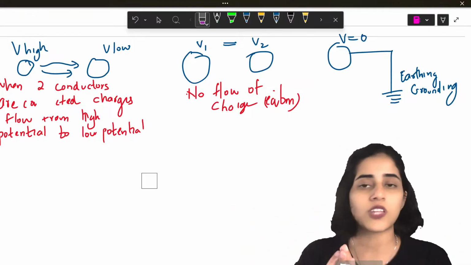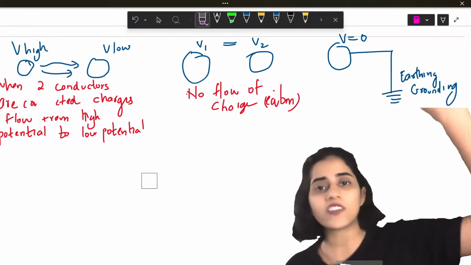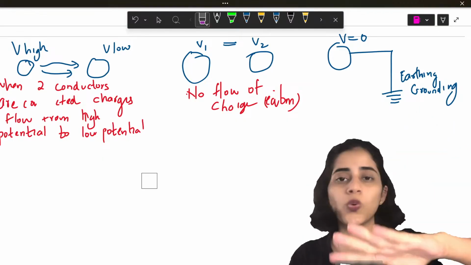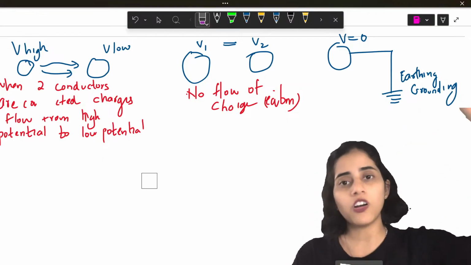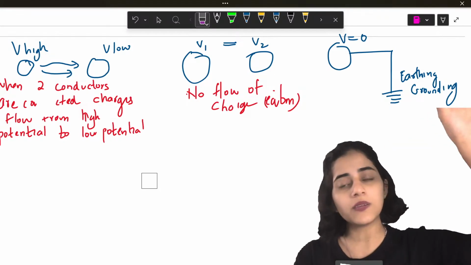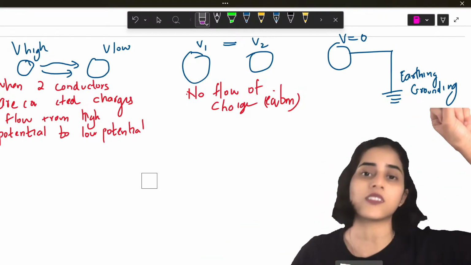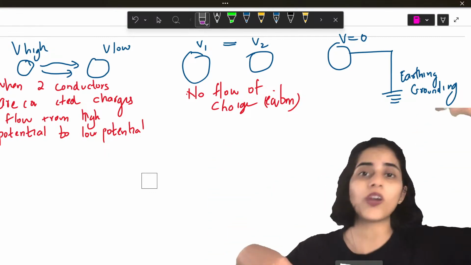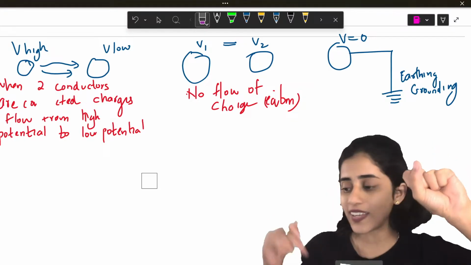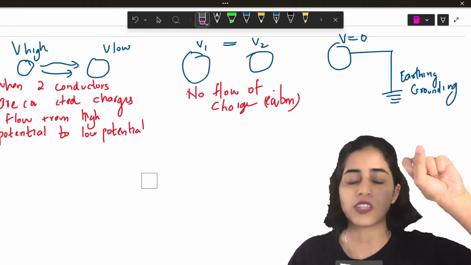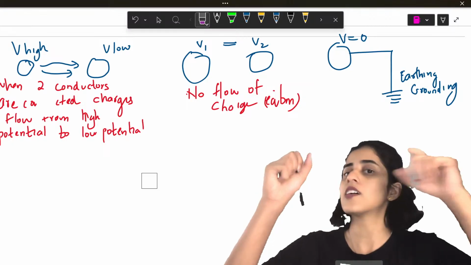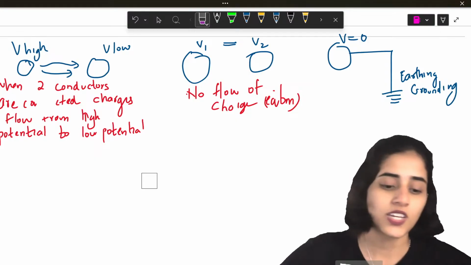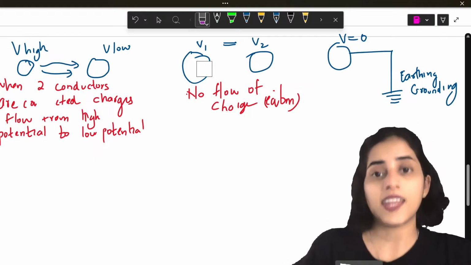Okay. So that happens. Now, even if you touch one wire alone, if you're standing on the ground and touching one wire, you will die. Okay, don't do that. Why? Because from the wire, charges can flow through you to the earth, because earth is a conductor. In the case of the bird, it is in air, so there's nowhere for the charge to flow. But if you're holding one wire and touching the ground, it will flow through you to the earth. And if you're holding two wires, from one wire to the other, it will flow through you. So those are all very dangerous things. These are three ways in which conductors can be connected.